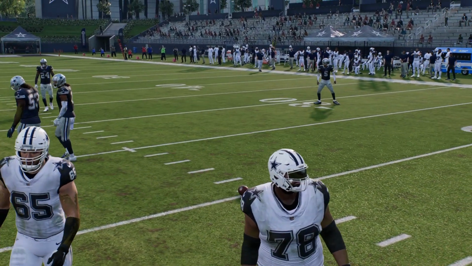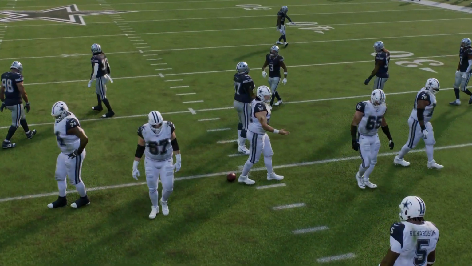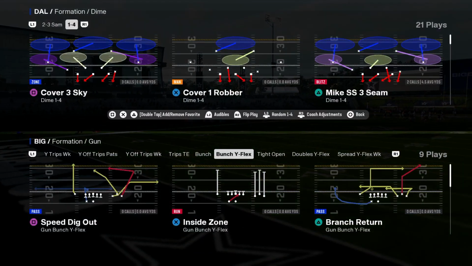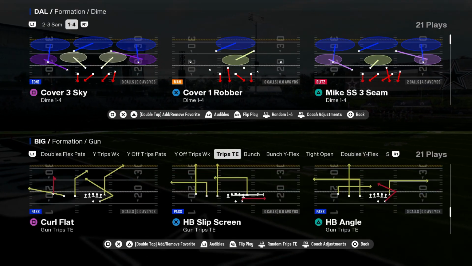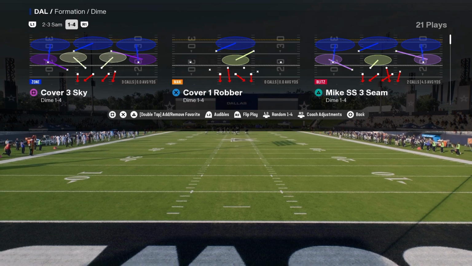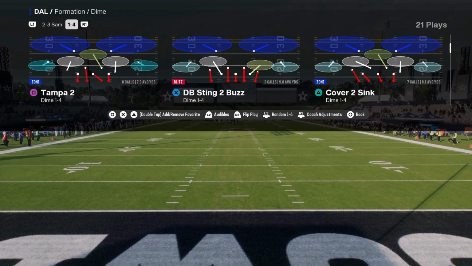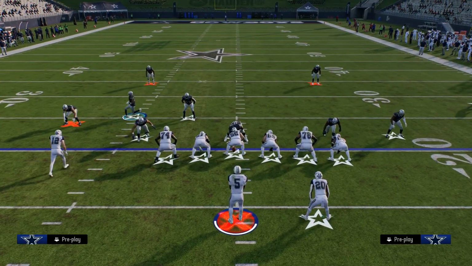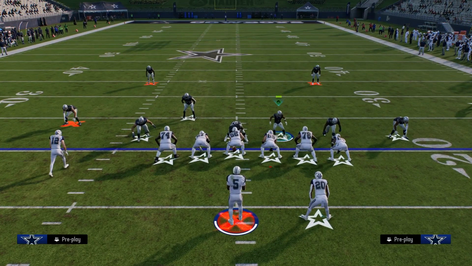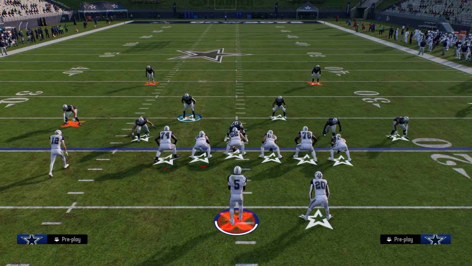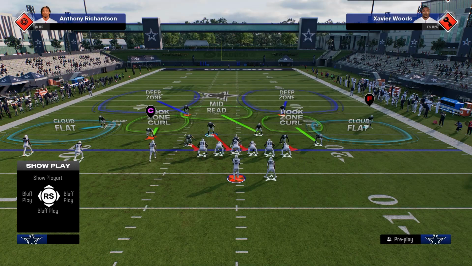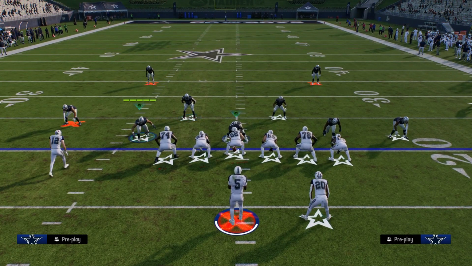Now, what I wanted to do is jump into a trips tight end look and show you how a lot of these principles still apply, but we're just going to use a little bit of a different way to get there. And again, understanding where the seam streak thread is to me is very, very important. So again, we want to typically send four, and in most defenses you're going to use one of these two linebackers. So with trips tight end, right,